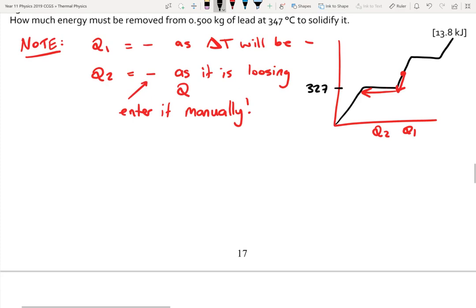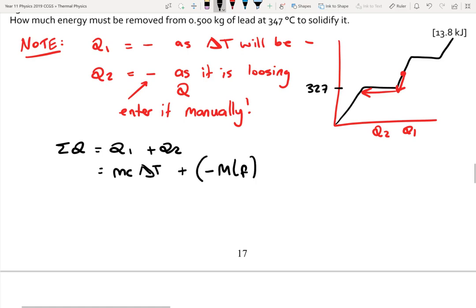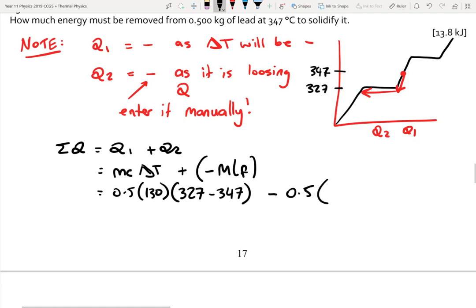So just before we run away, Q1 plus Q2, we'll go MC delta T plus minus MLF. We had half a kilo of lead, which we're going to say has a specific heat of 130.3. We were at 347, final 327 minus initial 347. That gives a delta T of negative 20. We are then going to subtract a further,